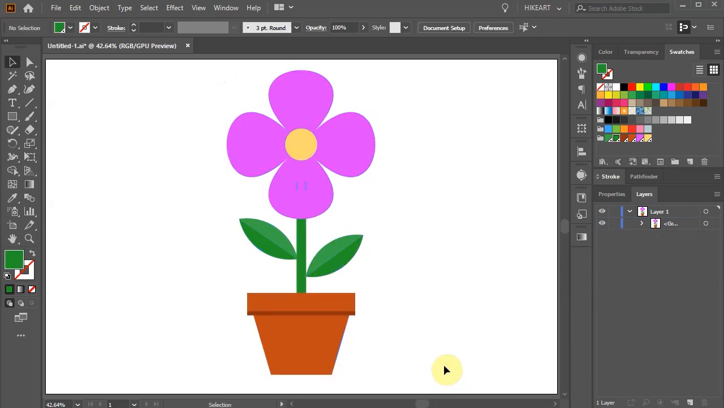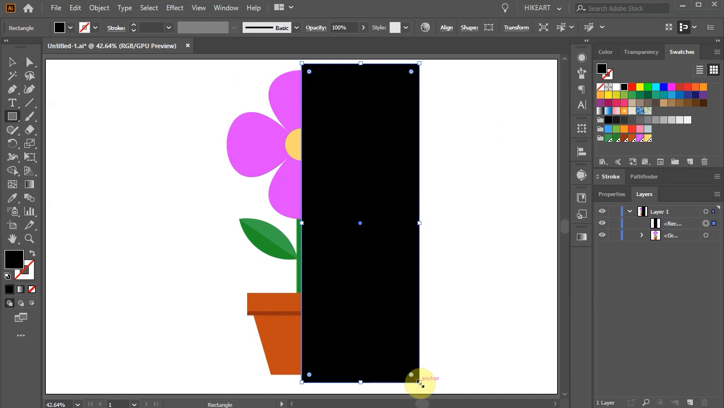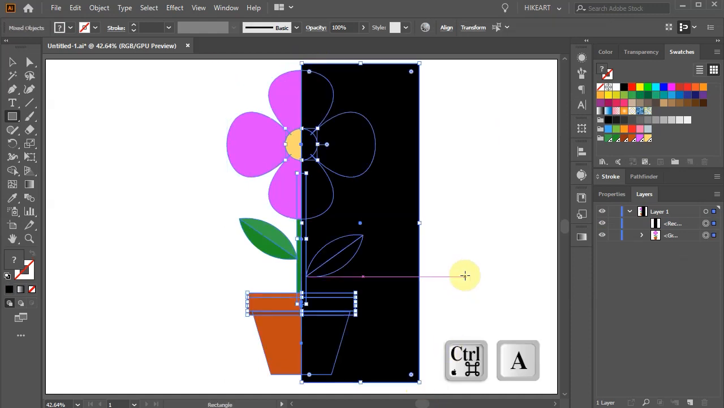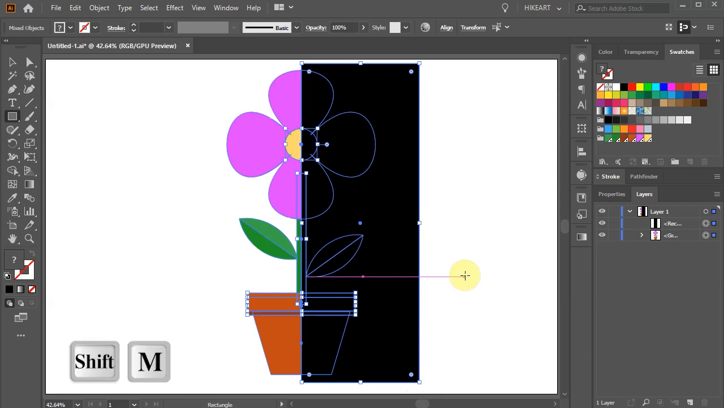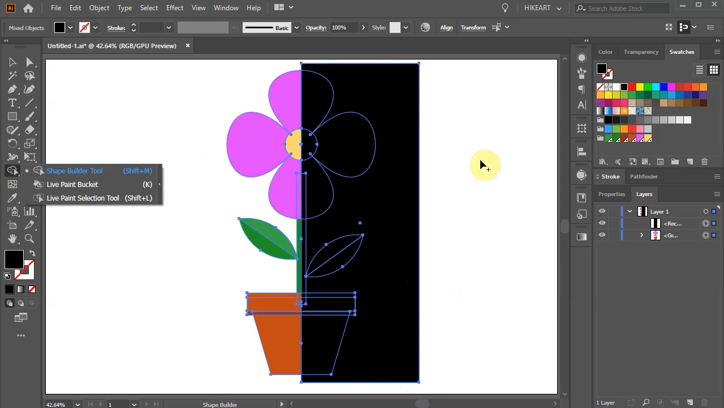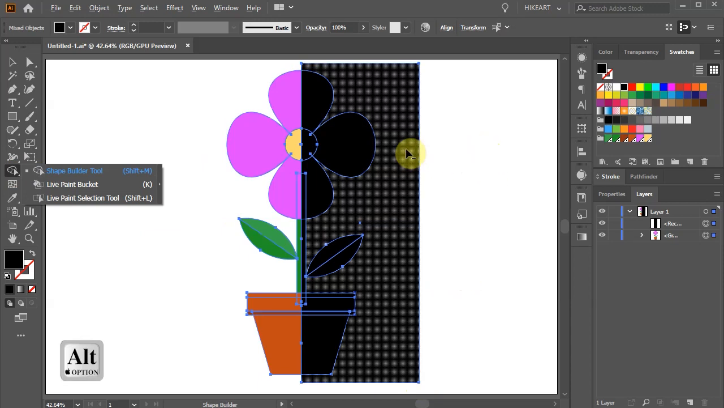Finally, we will create a shadow. Change the fill to black and draw a rectangle to cover half of the potted flower. Press the Ctrl and A keys on your keyboard to select everything. Then select the Shape Builder tool, and while you are holding down the Alt key, click on this part to